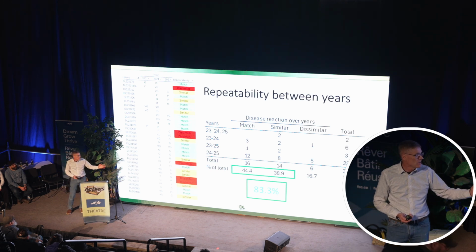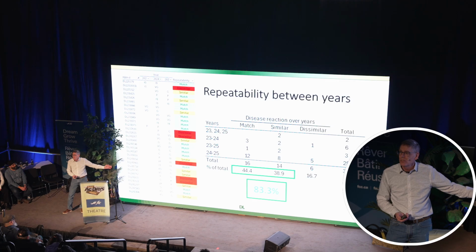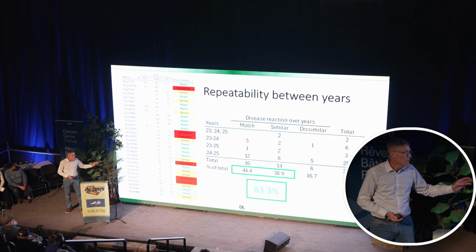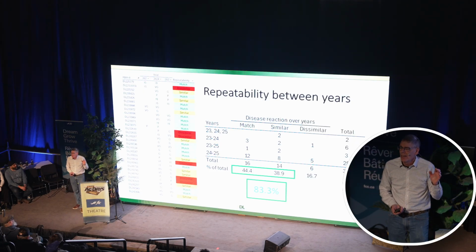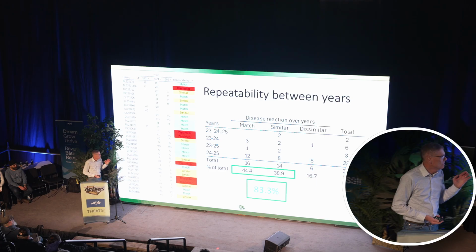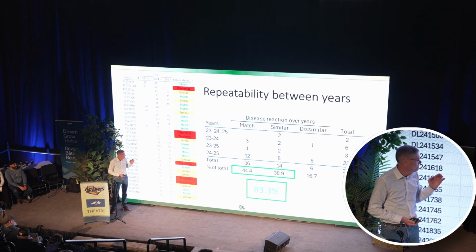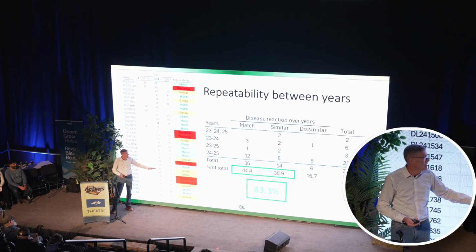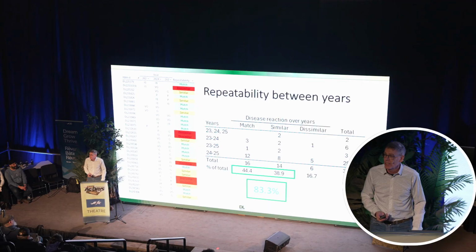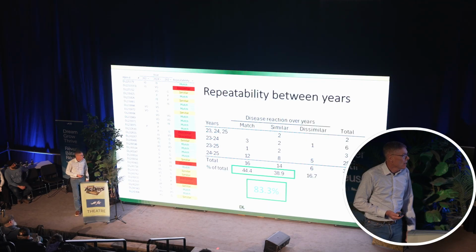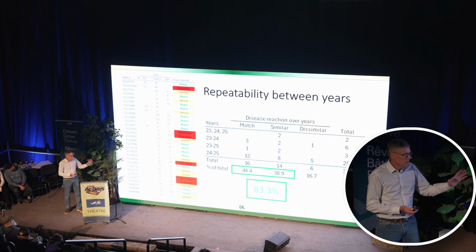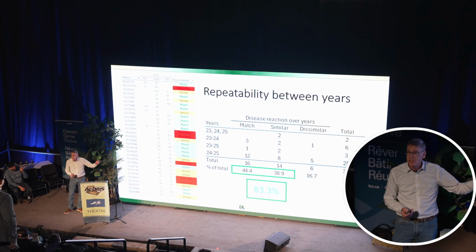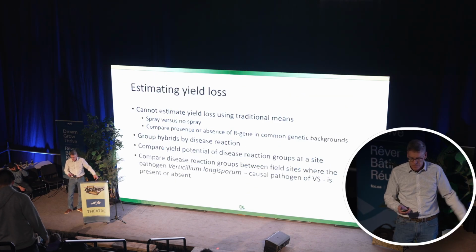The good part of this is 83% of these decisions were good, matched, or similar over 2 years, which kind of means you don't change your opinion of your hybrid. So if it's very good 1 year and good the next year, we're still good. And if it's poor 1 year and very poor the next year, we're still poor. So this is a good BN2. It does mean you have to check again, because there were some that were poor.